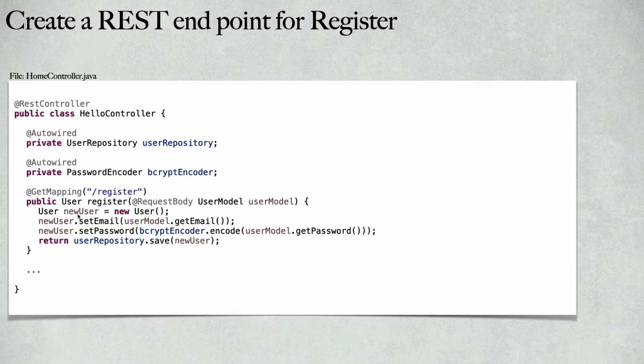Inside this, we will create an instance of the user entity and set the email and password. While setting the password, we are going to encode it. For that, we are going to autowire the password encoder, call the encode method on it, and pass the plain text. This will convert the plain password into an encoded format. Finally, we will save the entity to the database. These are the development steps. Let's jump to the STS IDE and write the code for this.